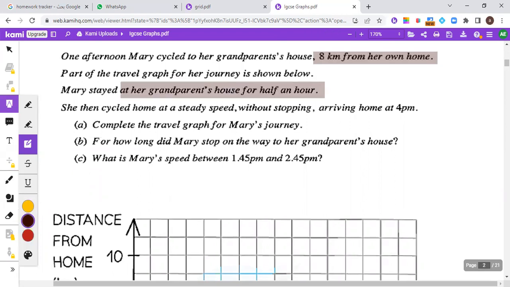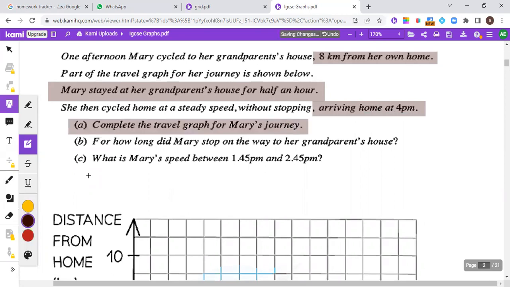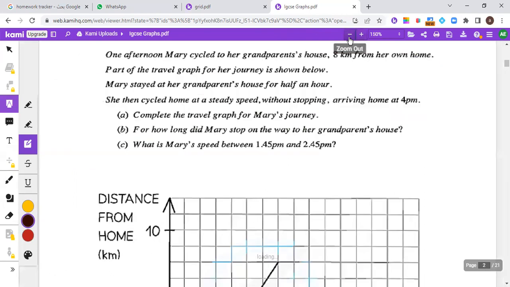Then she cycled home at a steady speed without stopping, arriving home at 4 p.m. A. Complete the travel graph for Mary's journey. B. For how long did Mary stop on the way to her grandparents' house? C. What is Mary's speed between 1.45 p.m. and 2.45 p.m.? Nice. If we check here,